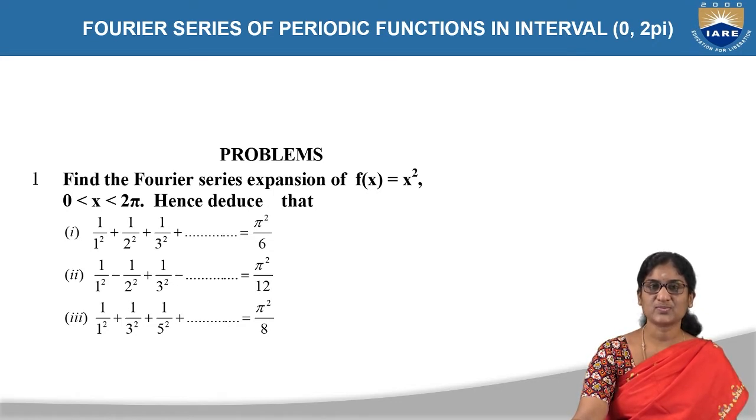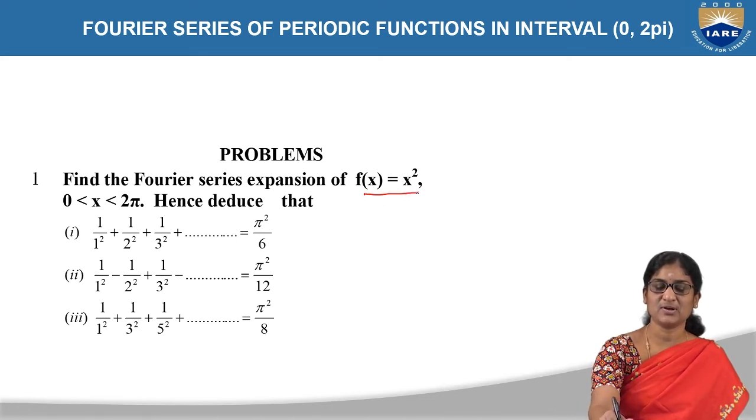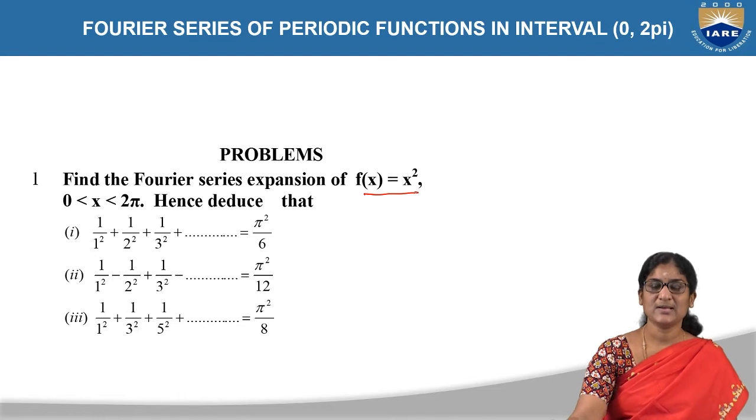Similarly, 1 by 1 square plus 1 by 3 square plus 1 by 5 square, and so on up till infinity, is equal to pi square by 8. And all these three are the deductions which are done after getting the Fourier expansion of the given function, that is f of x is equal to x square. So let us start the solution for finding out the expansion of f of x is equal to x square